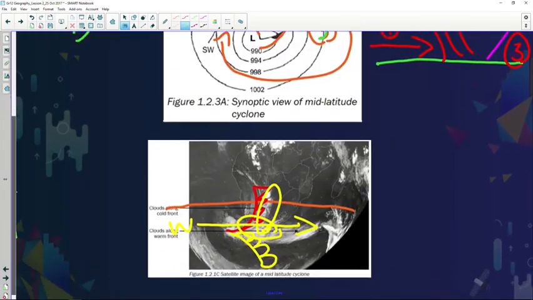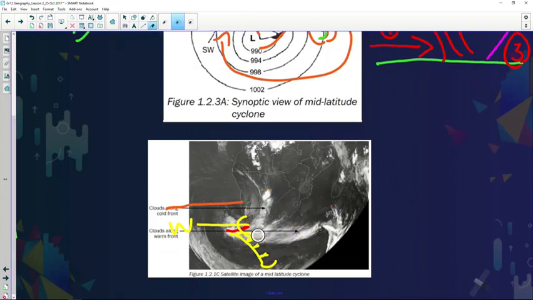The reason why during winter, because in summer, the South Atlantic high pressure has migrated to the south. And they might ask you about a satellite image. As you can see, there's a satellite image over there, and you will find it in your textbooks as well. You can see